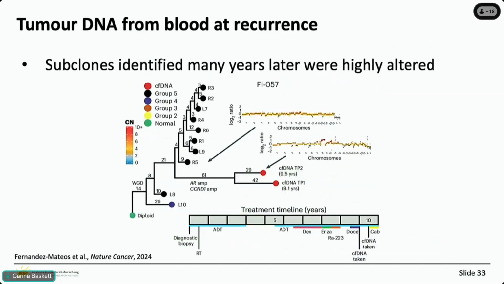And we also tried to confirm this in some patients that recurred many years later. In this case it was about a decade later, sometimes even longer. What we saw was that the clones that were emerging after all this therapy were very unstable and clearly had been formed by a process of a lot of instability, and it required a lot more events. So this diversity that seemed to be driven by chromosomal instability might be really driving recurrence by allowing the formation of these highly altered genomes.